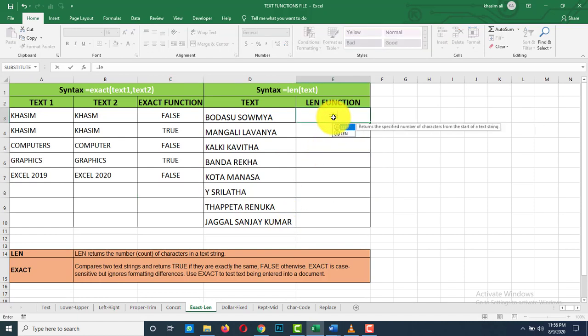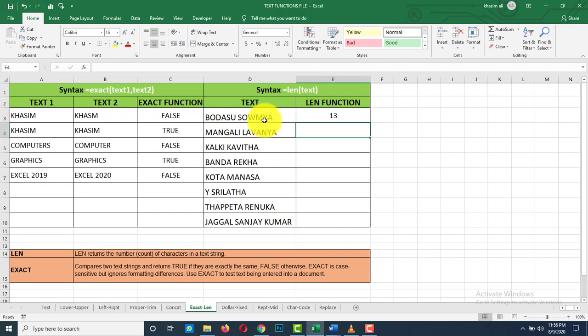Equal to len of text string, that is D3. See, the total number of characters in this text string is 13. See, apply to all. So what is the use of this len? The len returns the number, that is count of characters in a text string.